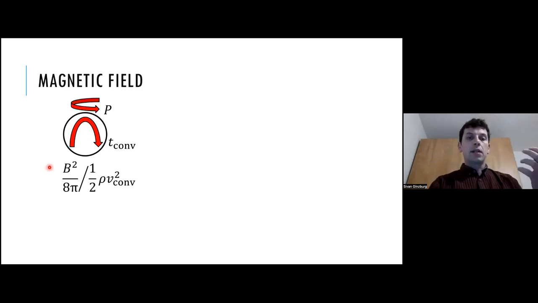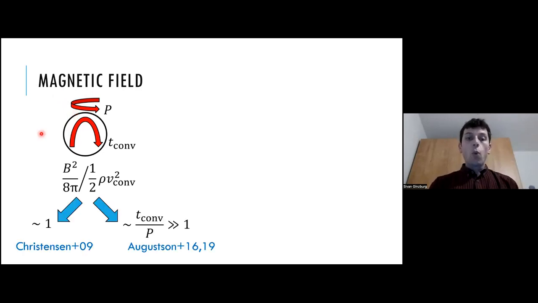So one timescale is simply P, the spin of the white dwarf around this axis, and the second timescale is T convection. This is the convective turnover time of these convective eddies. And remember that we find here that convection is very, very slow. And this actually means that practically all observed white dwarfs are in the fast rotating regime, where they spin much faster than the convection. And in this regime, one very popular